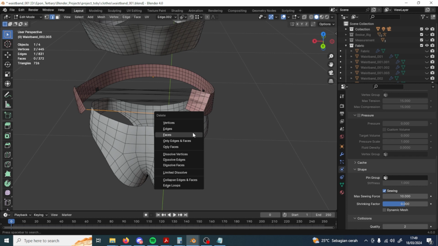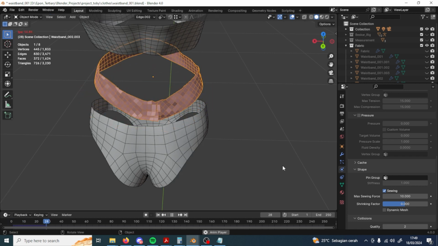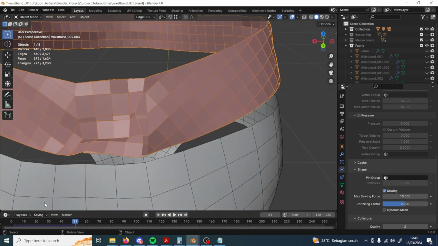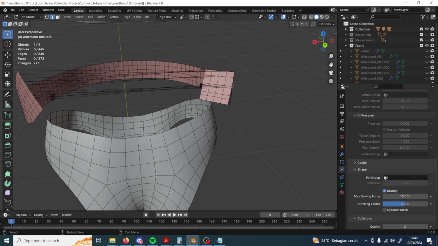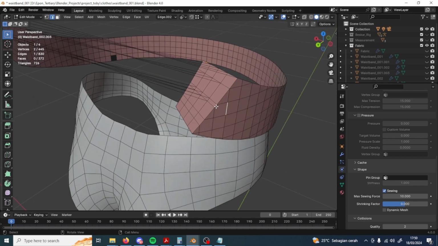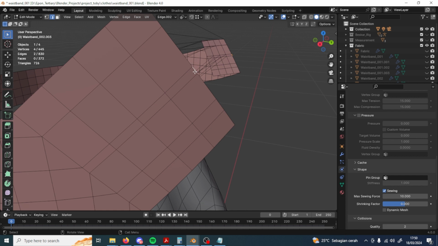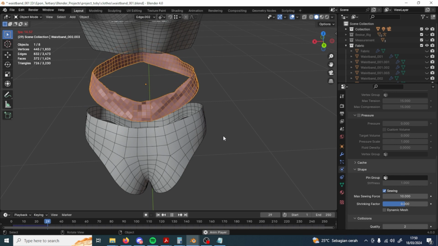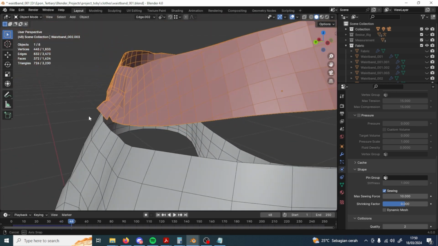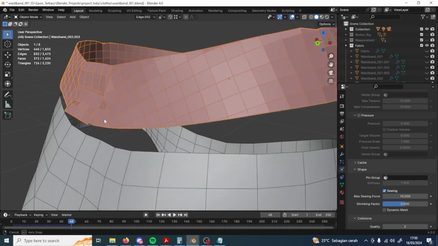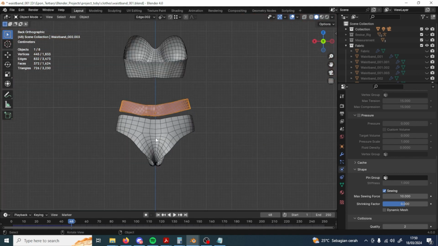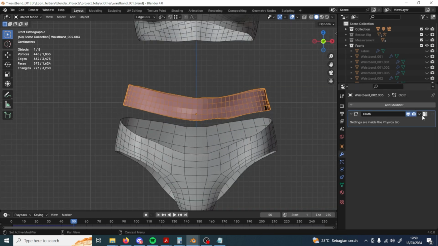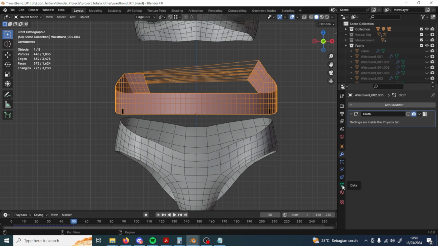Right, so let's delete the edges, and maybe that one as well. That edge to that edge. Hmm. Yeah, I like this one, right? So, and yeah, now I'm gonna save the cloth, and